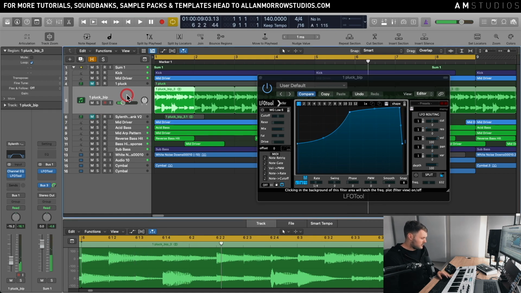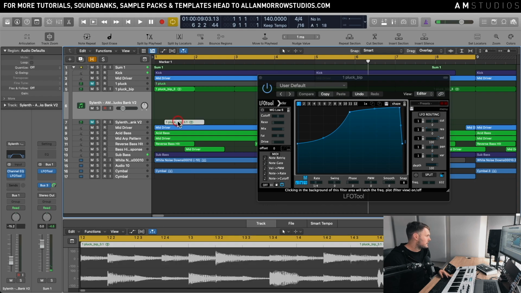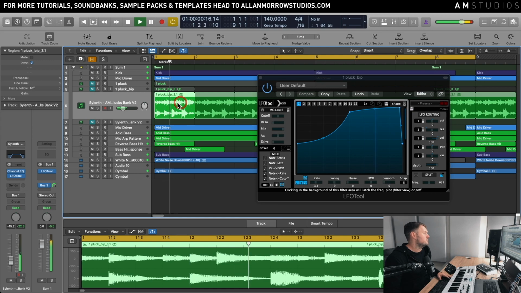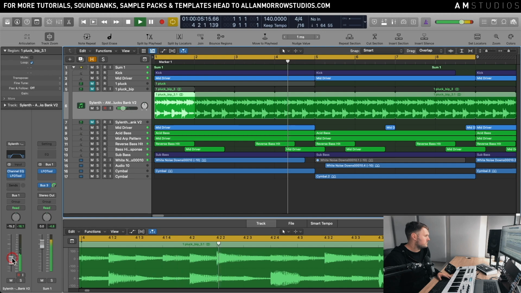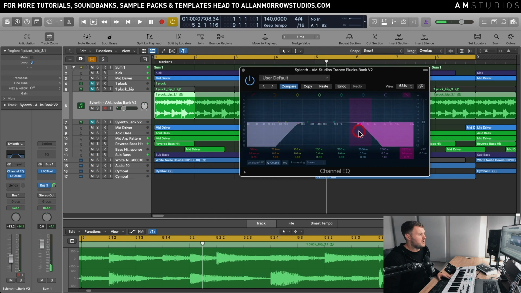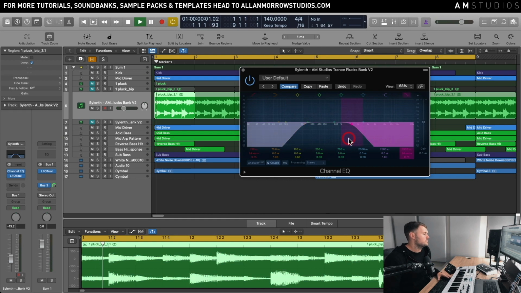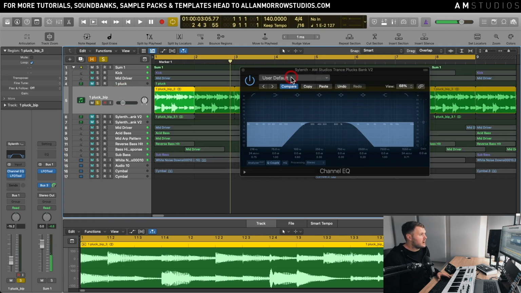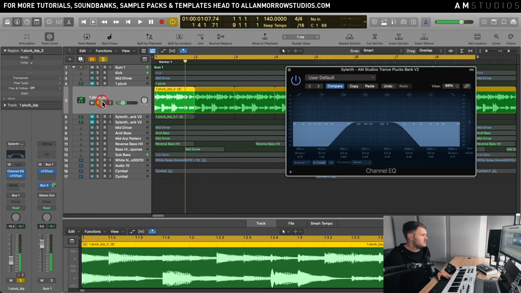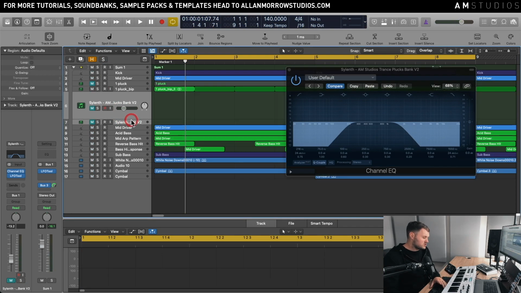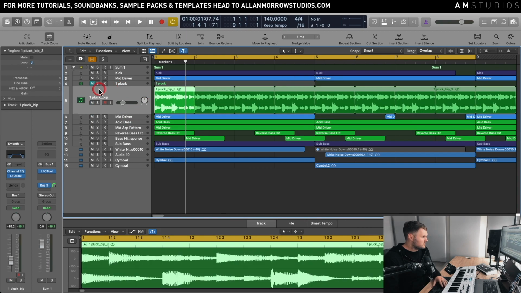Let's try the other one, see if that other pattern's better. So duplicate that again, just drag that one there, and let's have a little listen to this one as well. And you can obviously play around with how far back in the mix you want it. You could send another sound through it, for example. Let's just have a little play. I think that groove on that one's a bit better, so I'll get rid of that one. Again, I'm just showing you the technique. You'd spend more time making sure that the groove's a little bit better than this, but